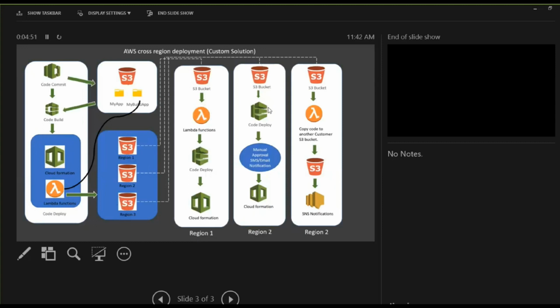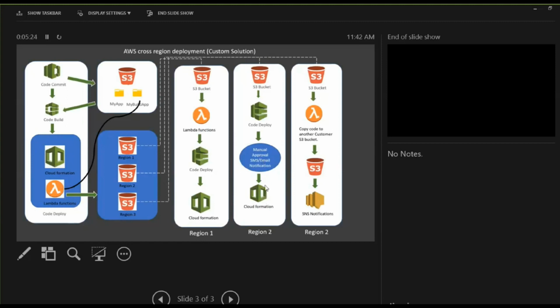The second approach could be that when it deploys, it pauses your execution for 7 days and sends out an email. So there's a step for manual approval within the CodePipeline. It sends out an email or SMS to the stakeholders, so the stakeholders can wait. A use case could be this: if this is your staging environment deployment, they can see if all the regression testing has been passed, then go ahead and approve it, and then it will deploy into that region,